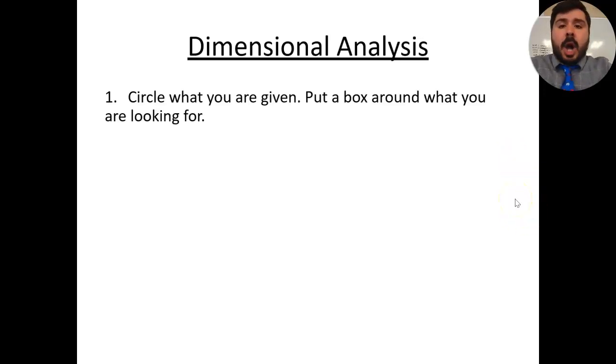So here are going to be a couple of the rules. There's 5 total rules to associate with dimensional analysis. This first one here is going to be a really important one. Circle what you are given, put a box around what you are looking for. Now, why is this important? Why is it important to be able to circle what you are given and put a box around what you're